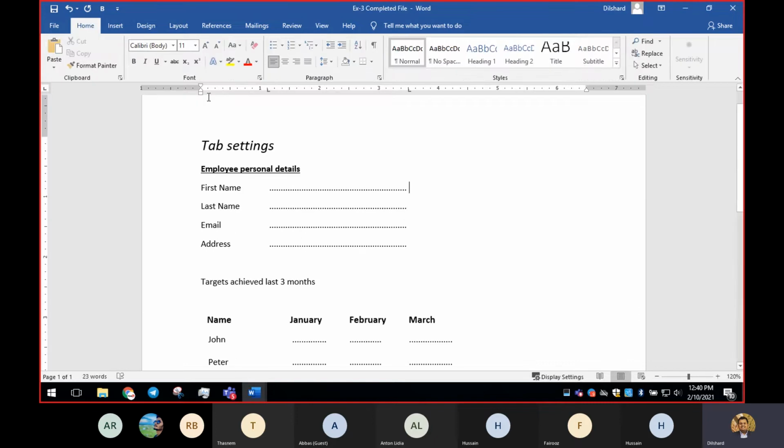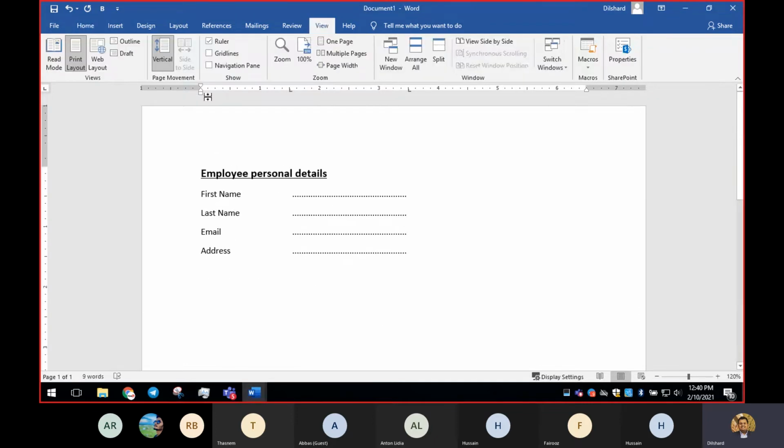Let me show you. Here we have entered until address. Just pressing enter and pressing enter with shift are two different things after the 2010 version. Just pressing enter means you are saying that you want to go to the second paragraph. By holding shift, if you press enter, you are saying that you want to go to the second line. So here see I'm pressing shift and now I'm creating a sample field name. Can you see the difference?